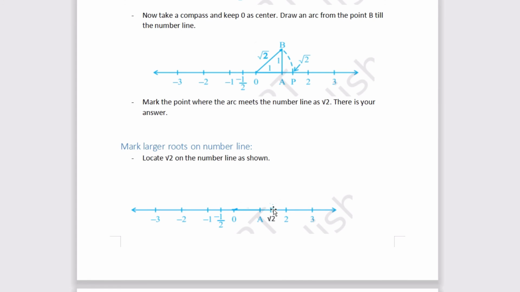So now the root 2 is here in this number line. From 0 to root 2, take that as the base. So not 1 unit, it's root 2 units. Base is root 2 units. You might be thinking that the height should also be root 2 units, but it's not. Actually, the base is root 2 units, but the height is just 1 unit.